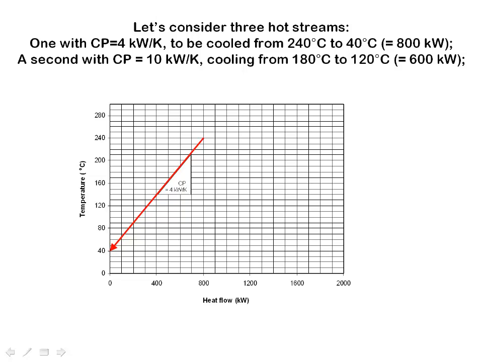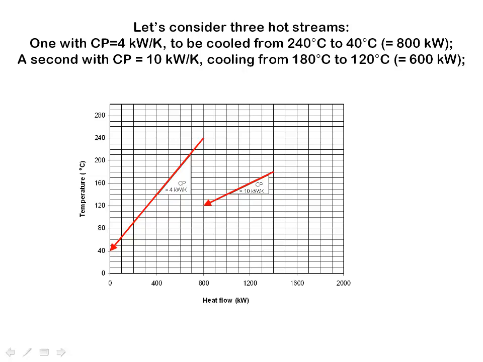It needs to be cooled from 180 down to 120 degrees C, so a temperature change of 60 kelvins. Each change requires it to lose 10 kilowatts, and so in total it has to lose 600 kilowatts of heat, and there it is, starting at 180 degrees, finishing at 120 degrees, losing 600 kilowatts in the process,